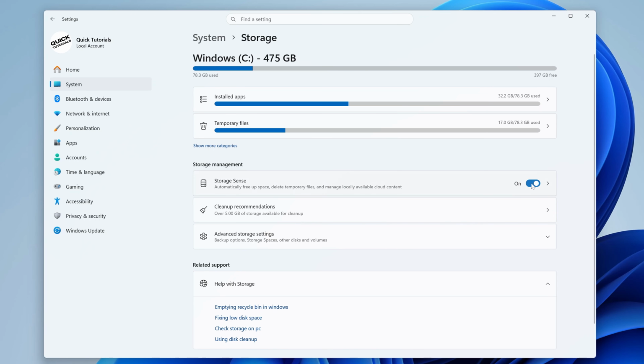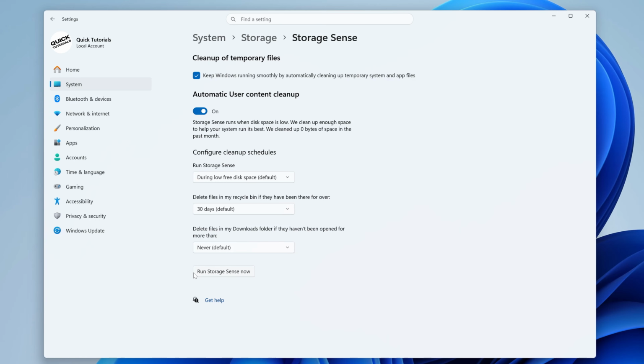If you click this button here in the middle, you'll see more options. So on the very bottom, for example, there's a button to run Storage Sense right now. And on top of that, we can configure the schedule for these cleanups. By default, it'll only run when your disk space is running low. But I could, for example, tell my computer to run Storage Sense every week, regardless of my current hard drive